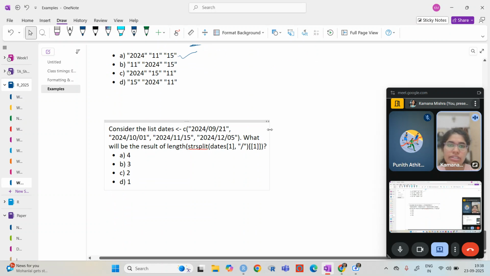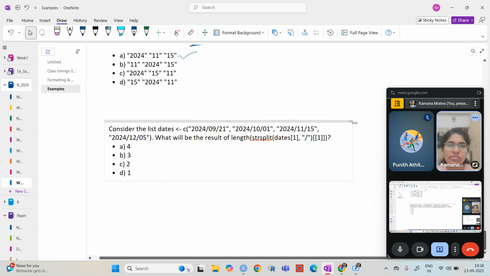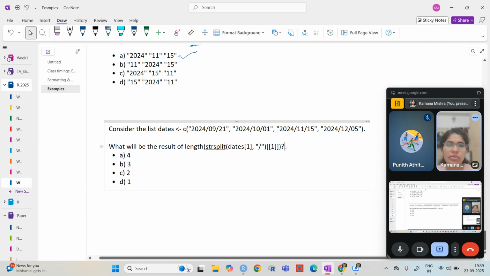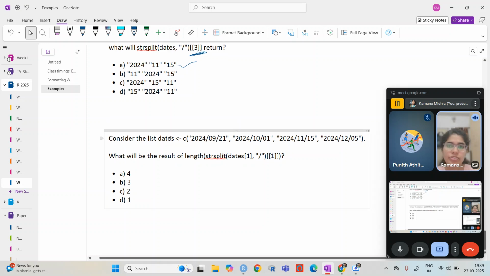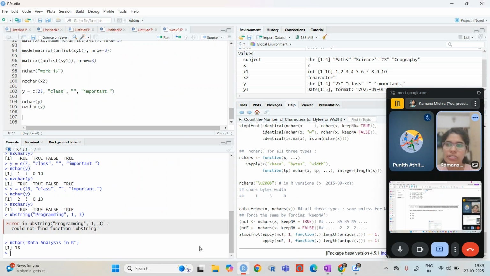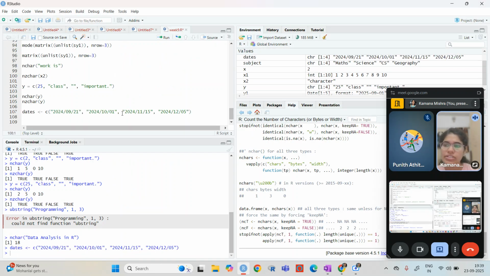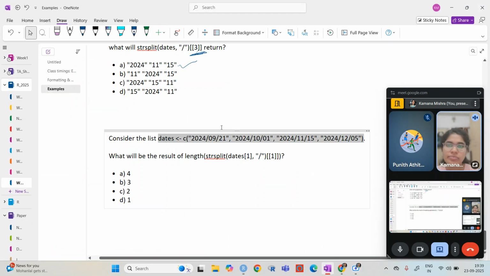Now, in this question, very similar, just rather than a string, they have asked what will be its length. Okay, so let us consider this example, dates.